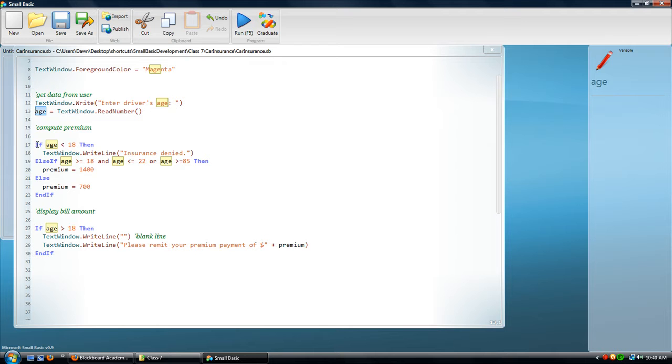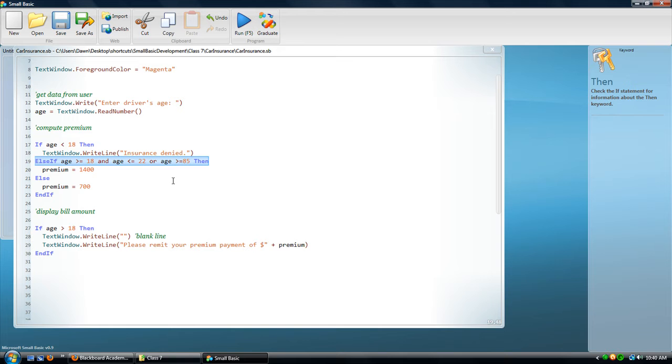Looking at our if-else logic, we said if age is less than 18, right off the bat, insurance is denied. So the 16, 17-year-olds, forget it. Now this is really an important line in the program. We have a very complex relational expression here. We talked about the fact that drivers 18 to 22 years old and older drivers, 85 and over, all have to pay that double premium. So we lump those two different groups, the really old and the really young but still insurable, into one because the result is the same. They're going to pay $1,400.